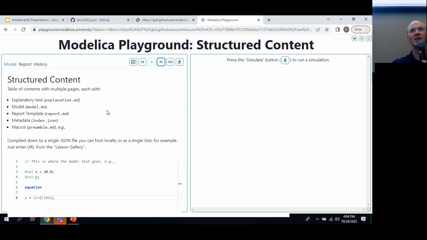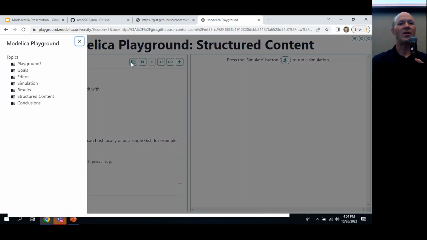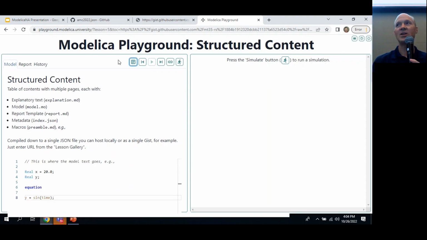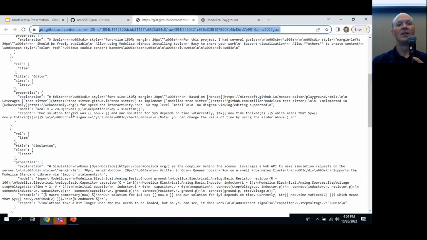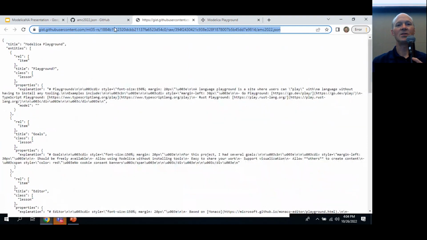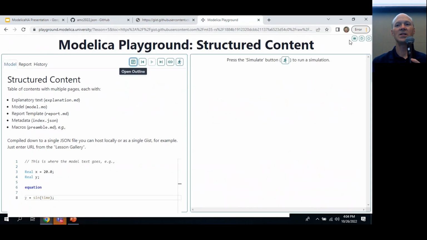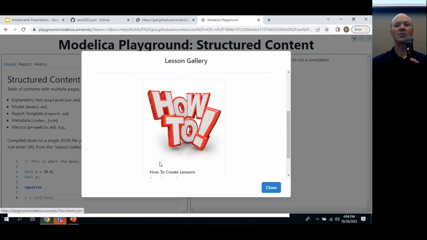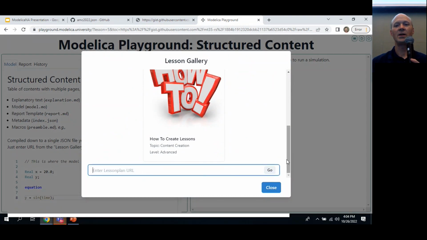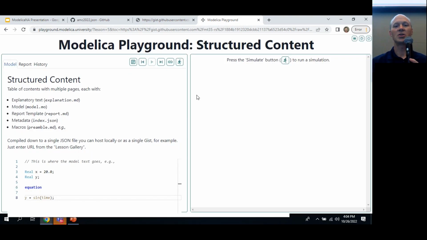And then finally, you have this notion of structured content. I'm clearly showing you something that's structured, right? There's multiple pages, there's a table of contents. All of that I created, and in this case, I published it just as a gist on GitHub. And then what I did at the start, if you were looking, is that here is actually the content, and there's a URL there. So I started this presentation by simply entering the URL where the content was and hitting go. And that's what launched this